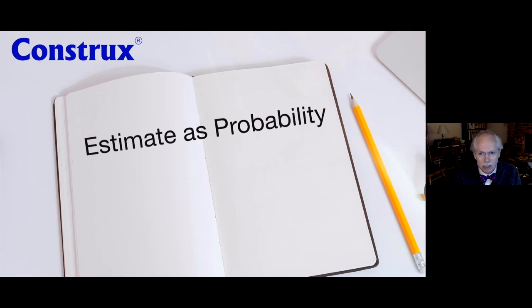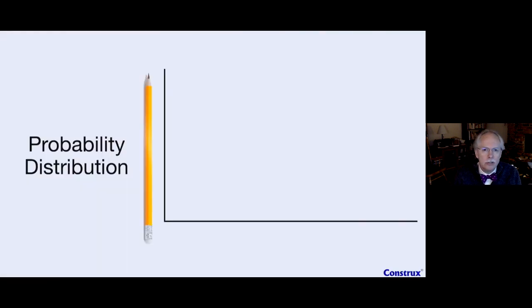So let's look at estimate as probability first of all. So here is my probability distribution, and on this I've got my little doodle pad here. On this top axis, this is going to be our probability. Now, when we talk about this axis, it's not going to get very high. In fact, the biggest number here is not very high, because I'm going to try to draw a curve here that is on a particular point in time or a particular cost. So it's not going to get very high.